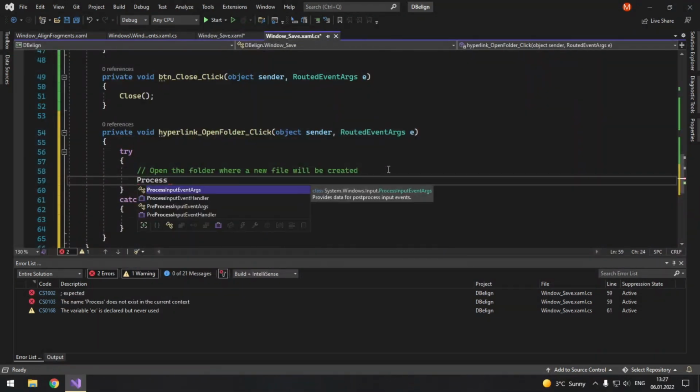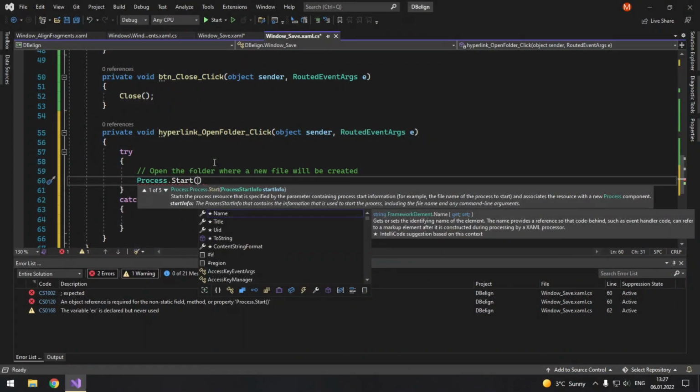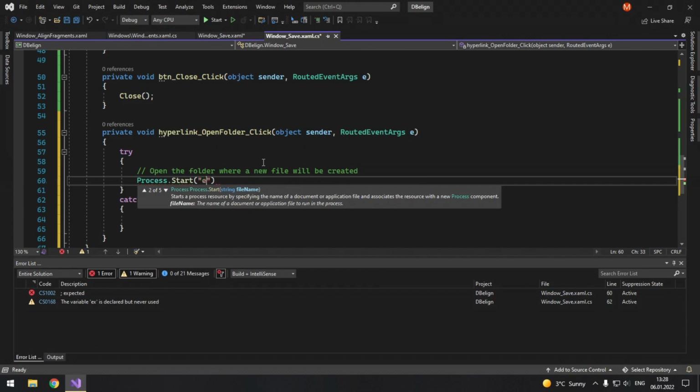Process. We need to include a namespace for it. System.Diagnostics. So Process.Start. And here we could just insert a path, but if it is illegal, it will throw an exception. But it will throw an exception even if the folder does not exist. And in order to open some default folder instead, you will need to specify the process explicitly, like explorer.exe.